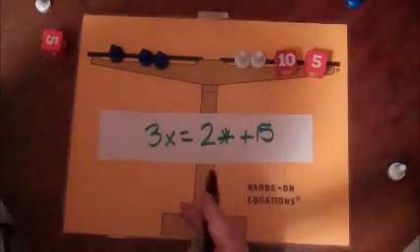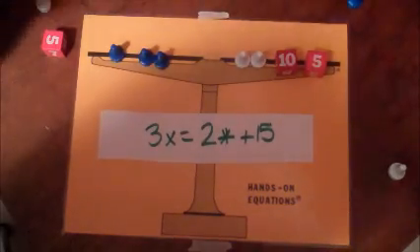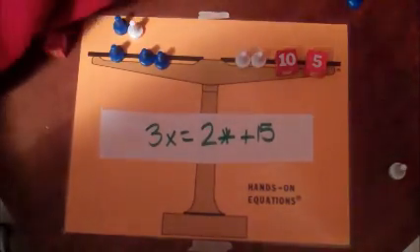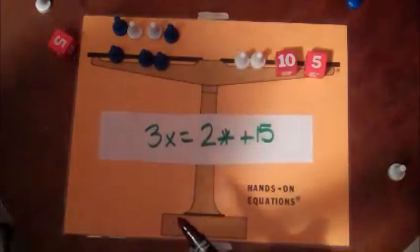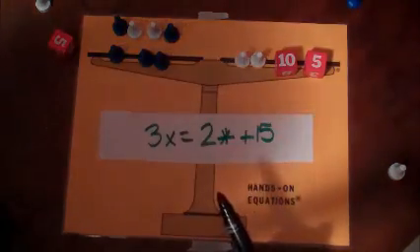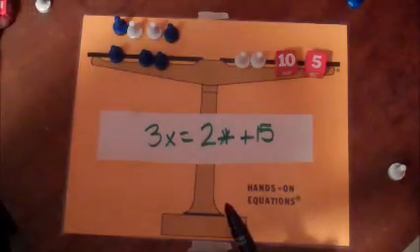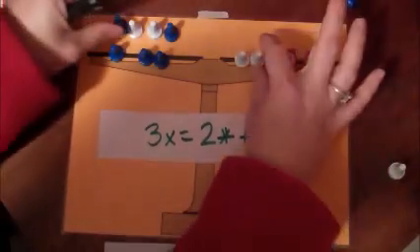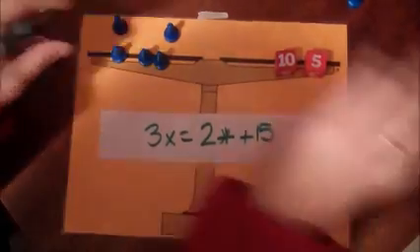In order to be able to do anything with this, I'm going to have to add 2 convenient zeros. Putting a 0 here and putting a 0 here has not changed the value of my equation and is the only thing that I can do to just one side, because adding 0 keeps that side the same. But now I can do the same thing to both sides, which is remove whites. And now we are left with